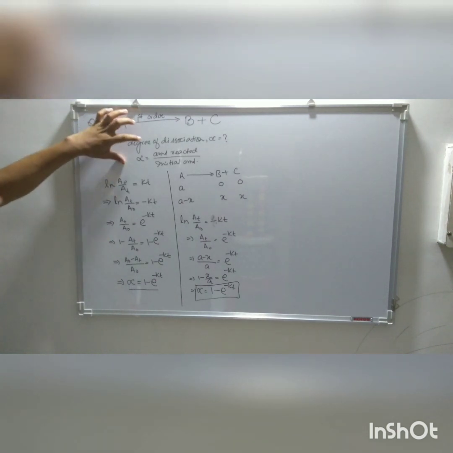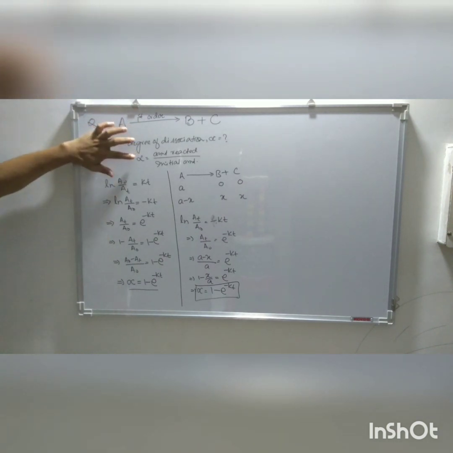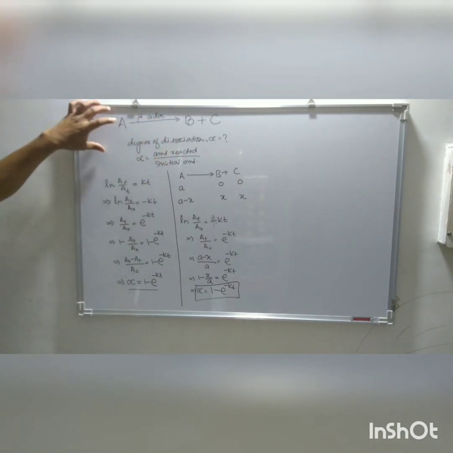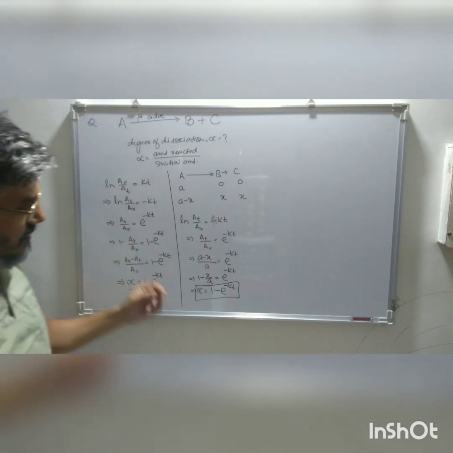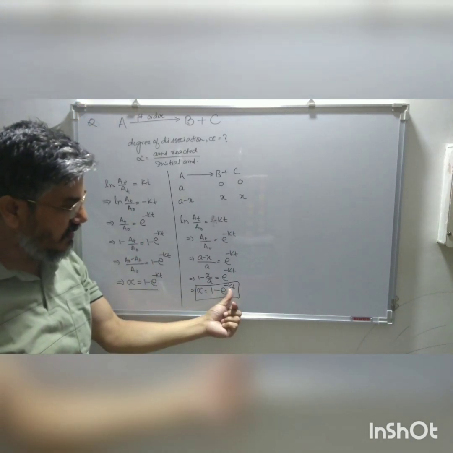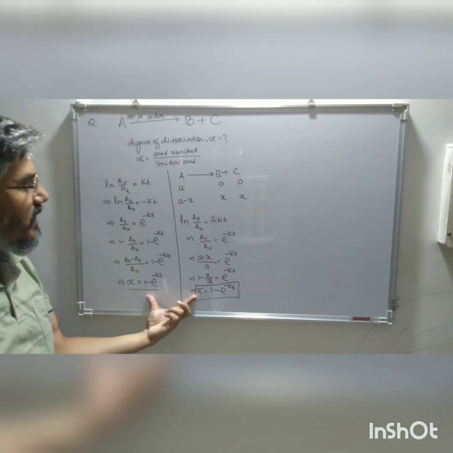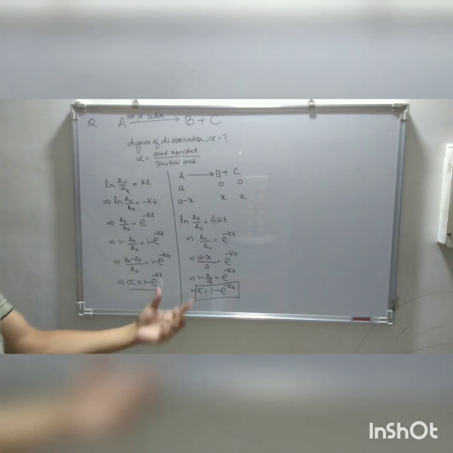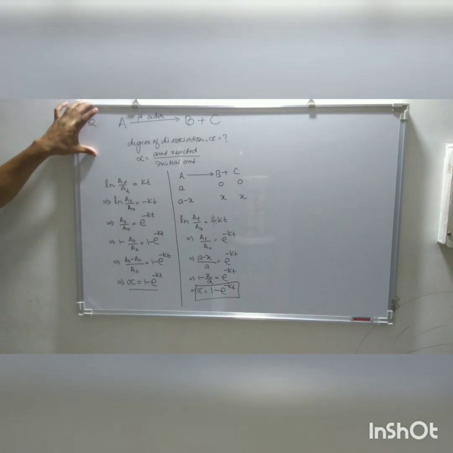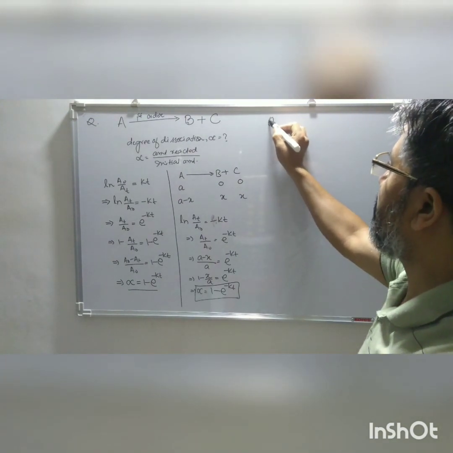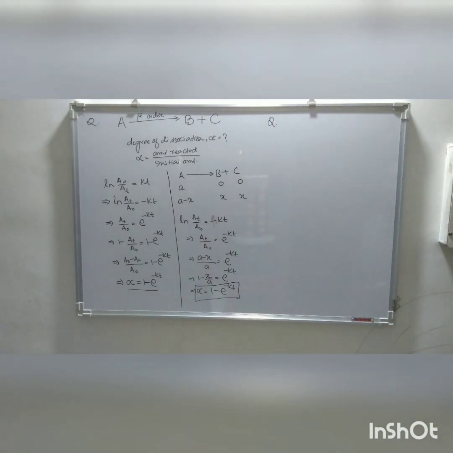So this represents alpha. Basically, the definition of alpha is amount reacted by initial amount. This is how we define the degree of dissociation of a first order reaction. Once we have the value of K and time t, we can easily find the value of alpha, that is, the degree of dissociation, for first order kinetics. Let's go for some other problems involving first order kinetics.